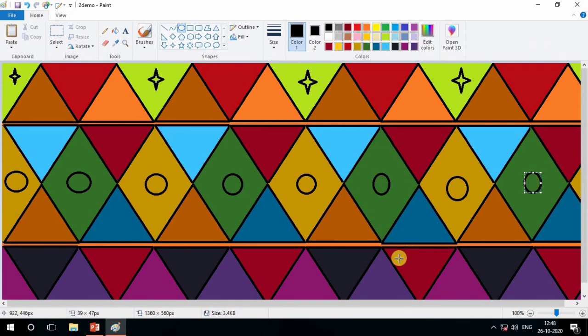You can see here we are doing another one. Now take one color, take a color picker and just fill the color.